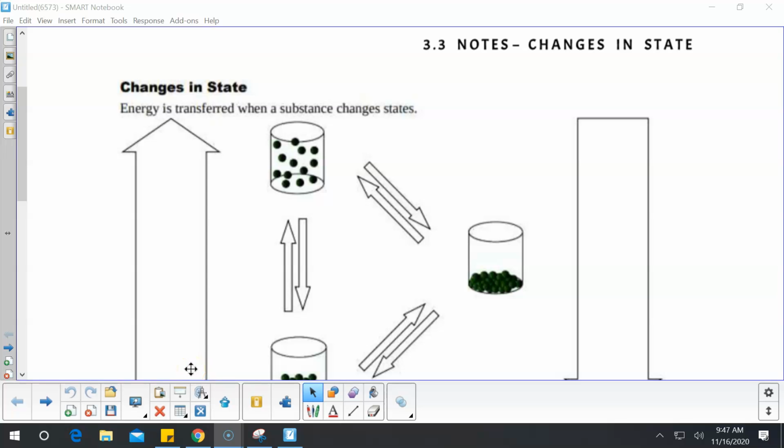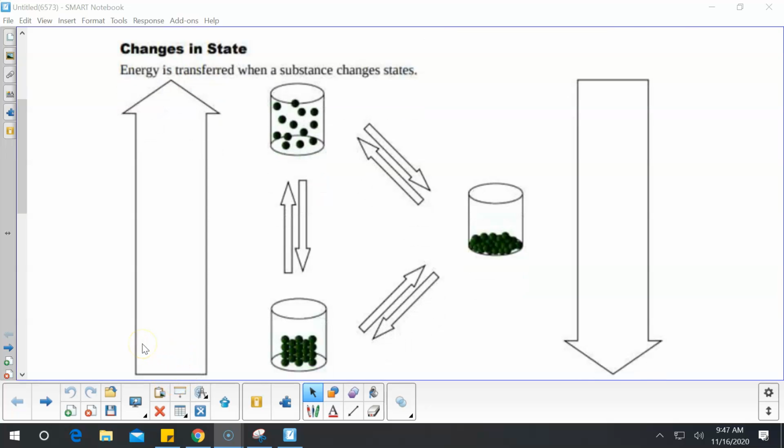So notes for 3.3 have to do with when substances undergo a change in state or a change in phase. So we want to look at how we can calculate this compared to a change in temperature. Now, we are first going to look at the changes in the two and kind of review if energy is being